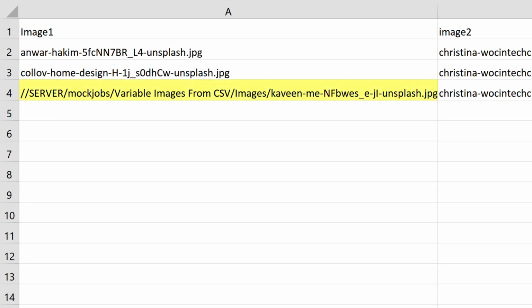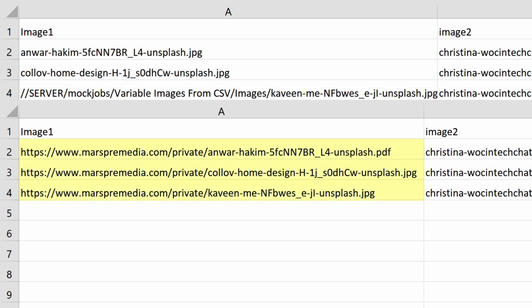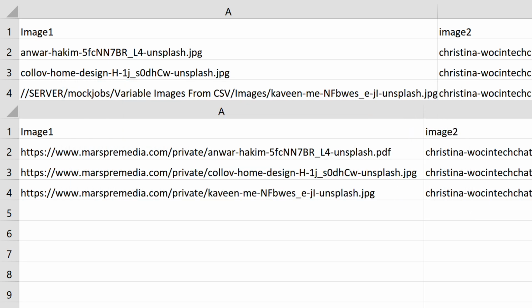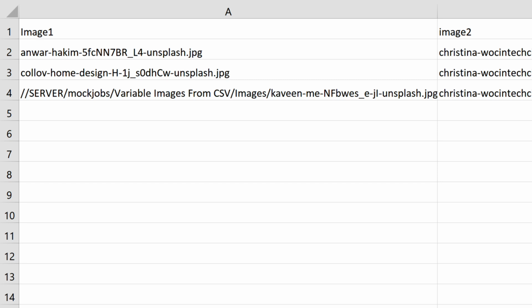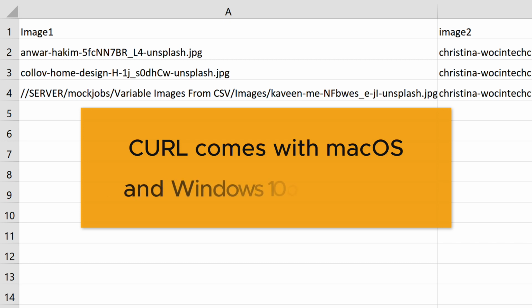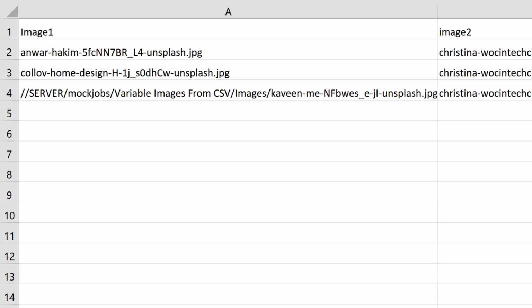Here is CSV with one of the files a full path, or it could be a URL. In that case, the script calls the system command curl and downloads the image to the output folder. The image is imported into the layer, then deleted. For this to work, the curl command must be available. It is on Mac OS, but Windows only 10 or greater. Otherwise, you'll have to install curl yourself.